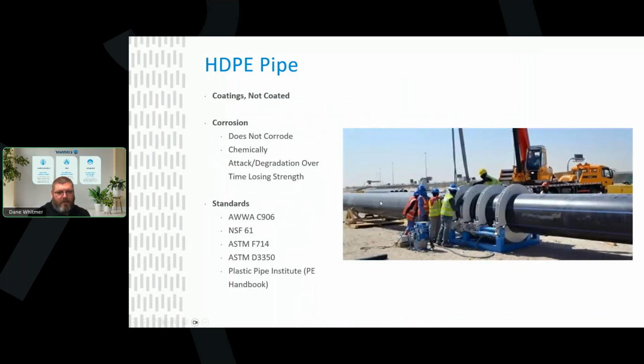It's black for a specific reason. So unlike C900 pipe, HDPE is UV resistant because it is impregnated in its process with carbon. So that makes the plastic, you can have it exposed, you can have it sit out. It's used extensively in mining to get from point A to point B for carriers. It's very resistant to scouring.